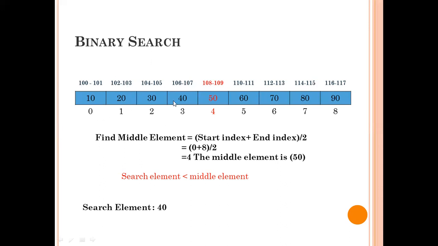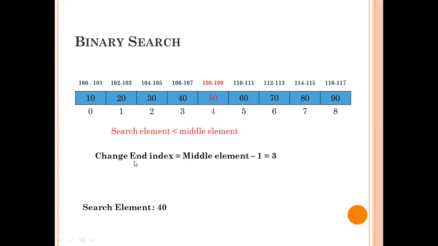In order to repeat the same process, what we have to do now is adjust the end index value alone. Since we are going to search only in the first half of the array, the end index value is changed to middle minus 1. It means that we are going to search only from index 0, 1, 2, 3. The reason is that we leave out the middle element, since we have already compared it, and it is not the element that we are searching for, and it is not going to be present after that either.